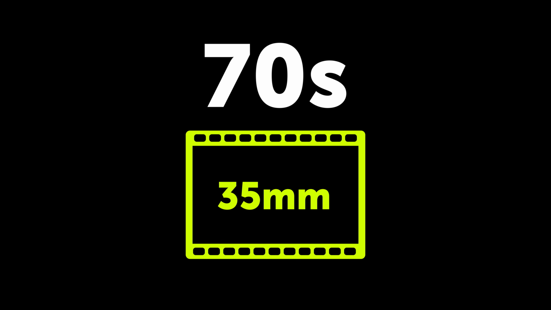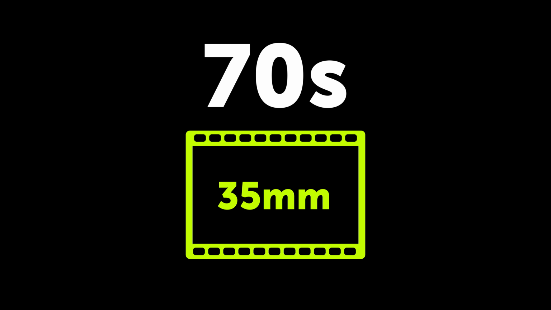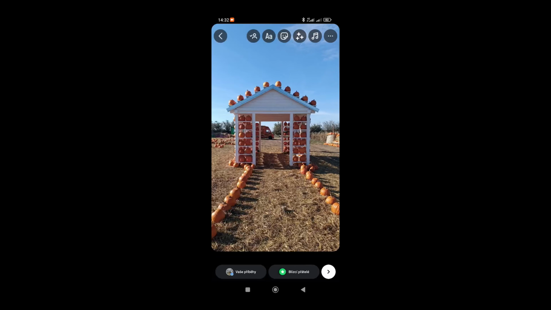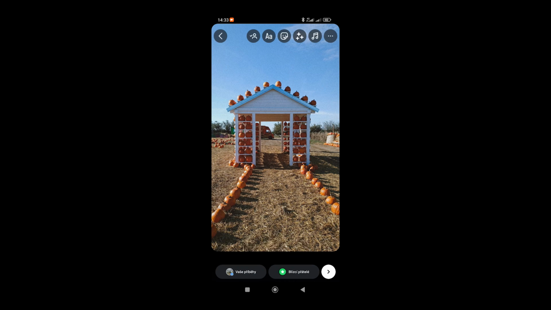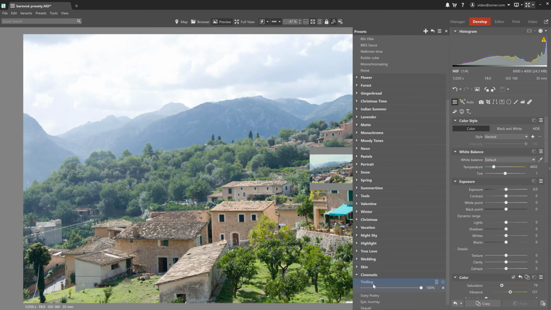Now, color film became extremely popular in the 1970s, especially in the USA, and gradually it spread throughout the rest of the world. Of course, not everyone had access to color film due to the availability of cameras at the time and perhaps a certain sort of political regime that was in place. Still, the effect resembling 35mm color film is so popular that Instagram has its own filter to apply to your photos.